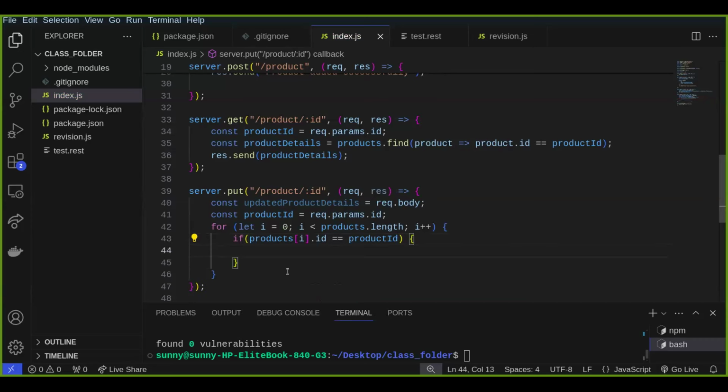So I would want to update that product's details. So if it's that one, I would say